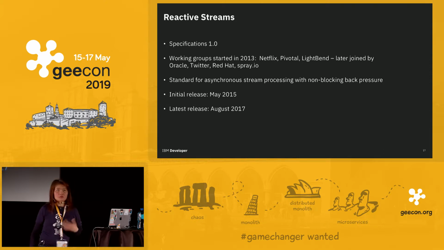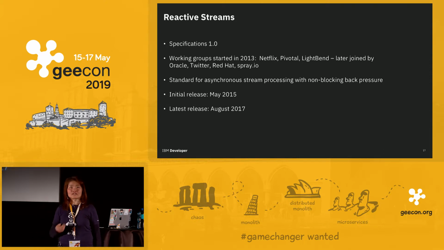And for the next two, I just want to point out some standards in the reactive system space. That's Reactive Streams. Reactive Streams is a specification, right now at 1.0, started by Lightbend, and then other big players also got involved. It's essentially a standard for asynchronous stream processing with non-blocking back pressure.